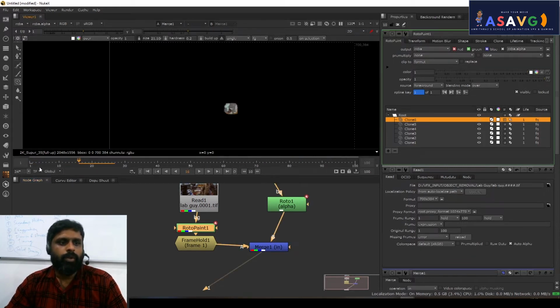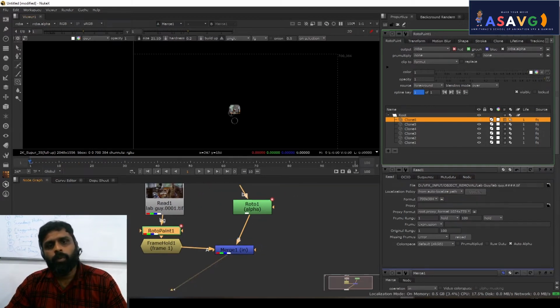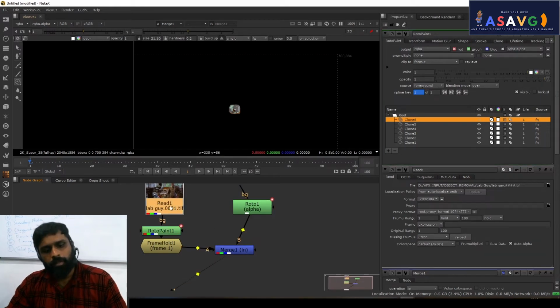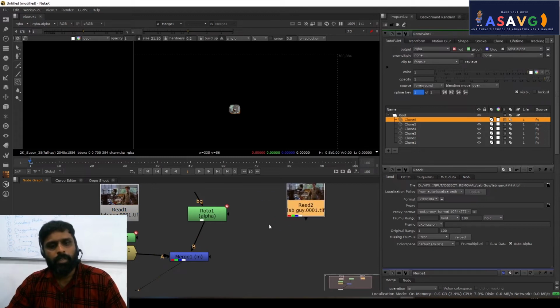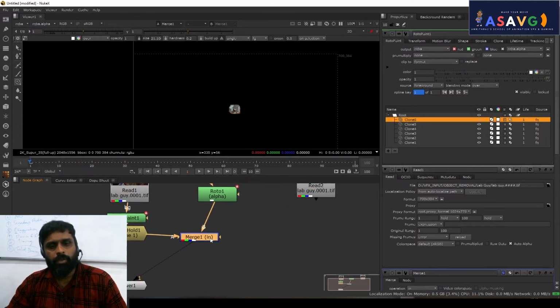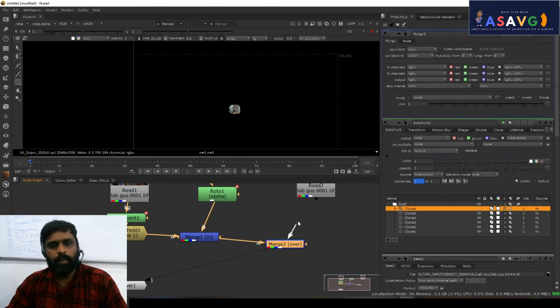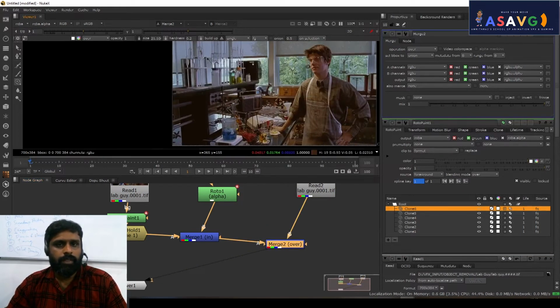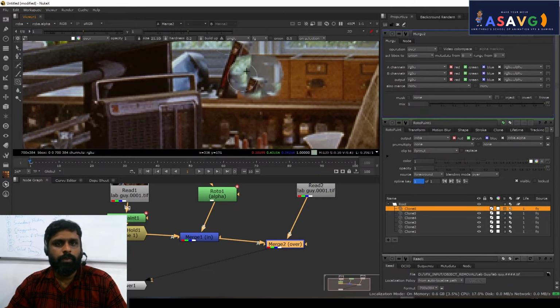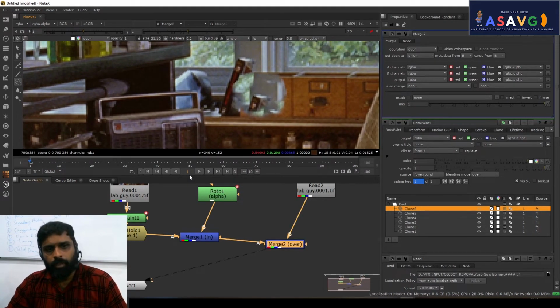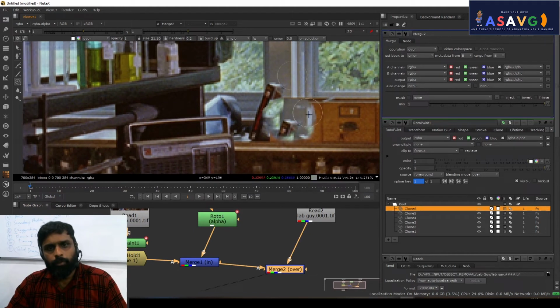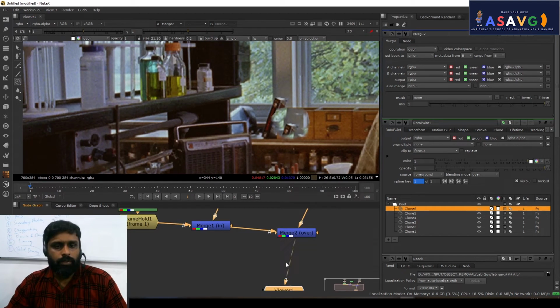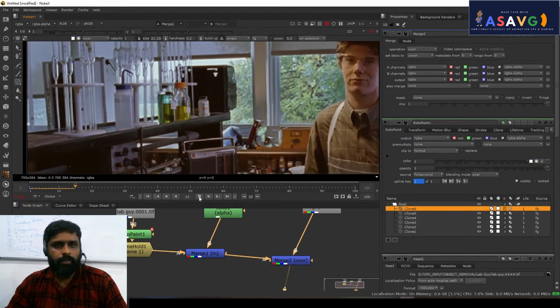Then I have to go to the frame hold, right? So now this is the same portion that I have cut. Copy this complete footage, Control V, and make a merge node here. Press M for merge, and I will click here. Now we can see this thing is on top of this area. That's why I already told you that if you want, you can do it in Photoshop also. Okay, fine. Now the next problem is that when I play this, you can see it is moving here.